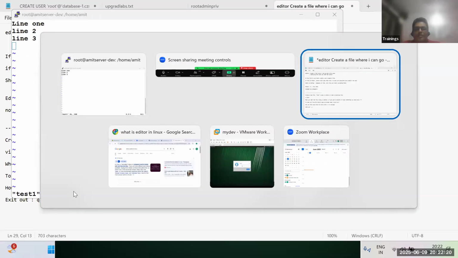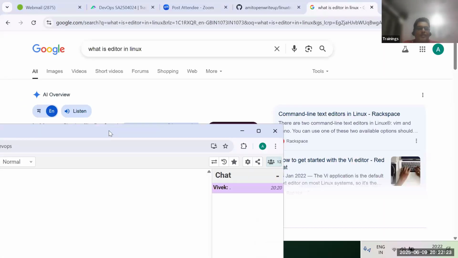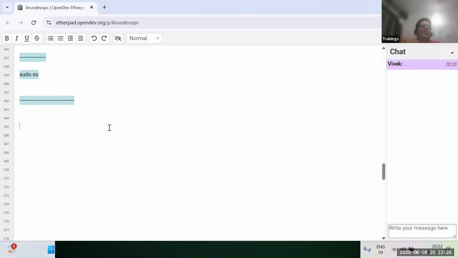So very basic, 2-3 labs we will do. That will give you comfort with the VI editor. So today is